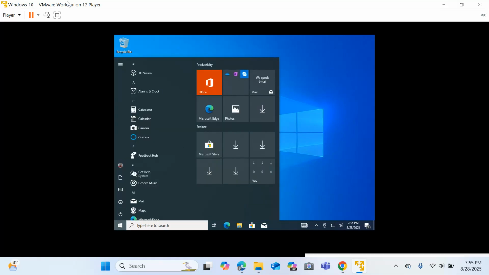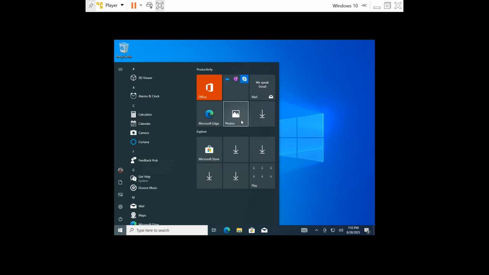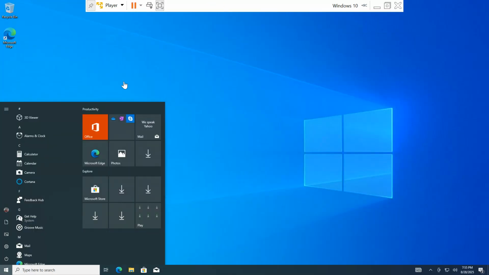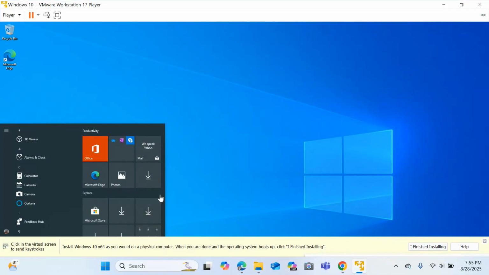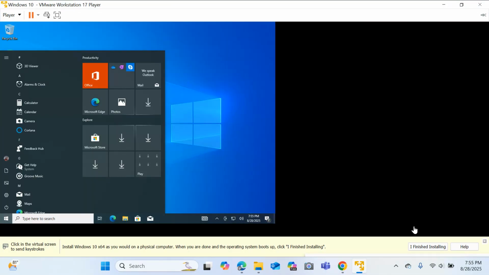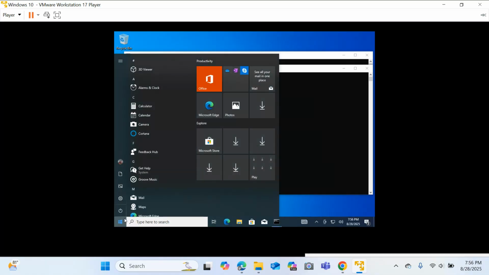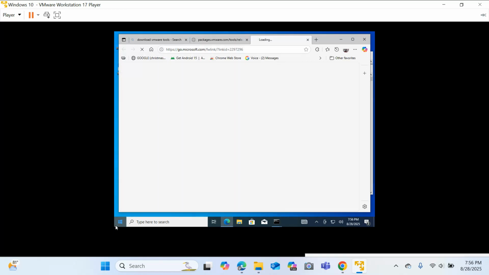To correct it, press full screen, it'll fix itself, and then click out. Then press I finished installing. If it doesn't correct itself correctly,